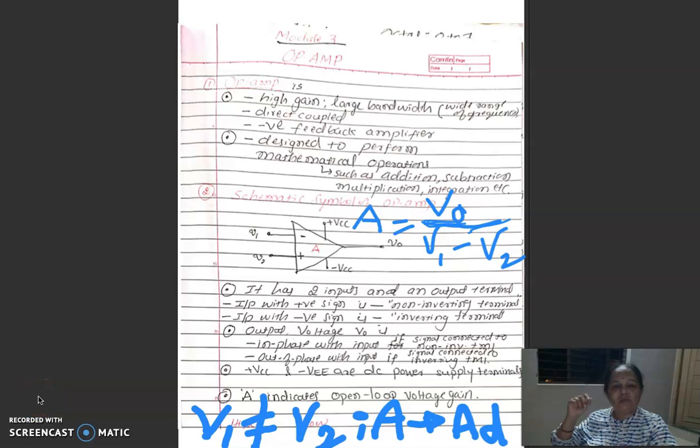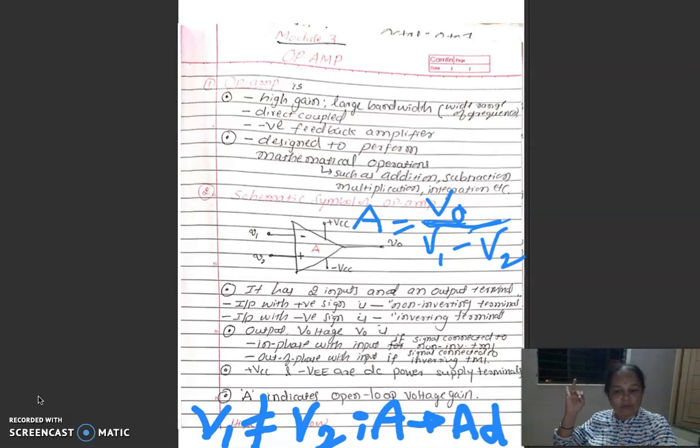Students, today we are going to start with the topic OPAM, and it comes under module 3, and the various things you'll have to cover in the topic of OPAM. Long form of OPAM is operational amplifier. First of all you need to understand what is OPAM. Then you'll have to understand its schematic symbol.